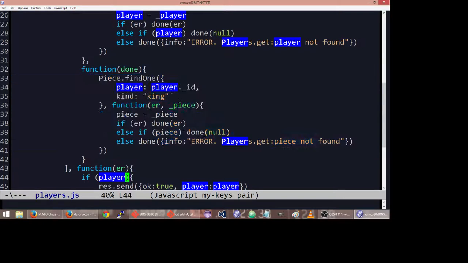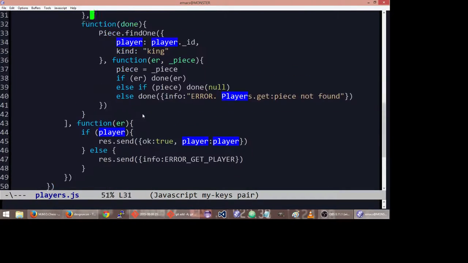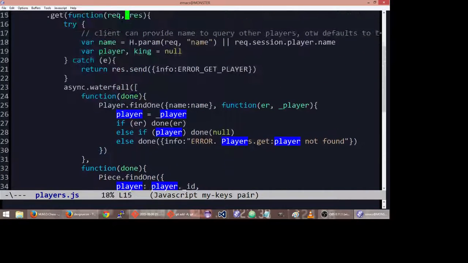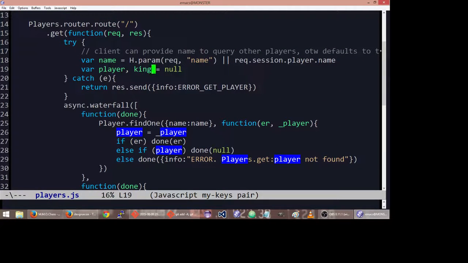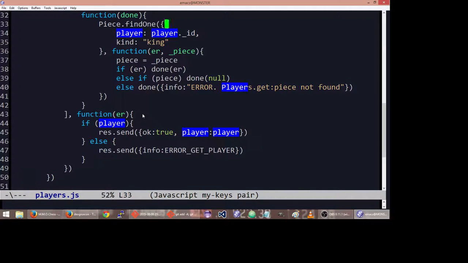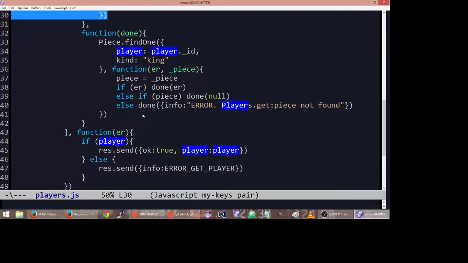He shouldn't even be in there. So I don't think we have to worry about that, right? Let's just add something up here. If there's no piece, then why would we get the player? If piece,